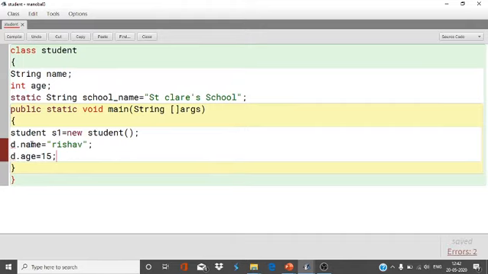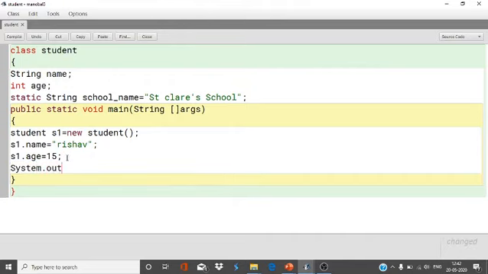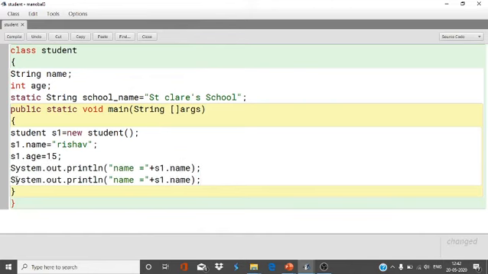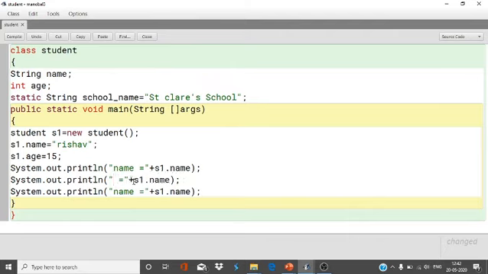Now I'm going to print these values of s1. System.out.println name equals plus s1 dot name, age equals s1 dot age, school name equals, no need to write the object here.